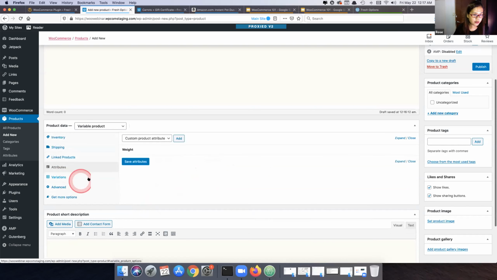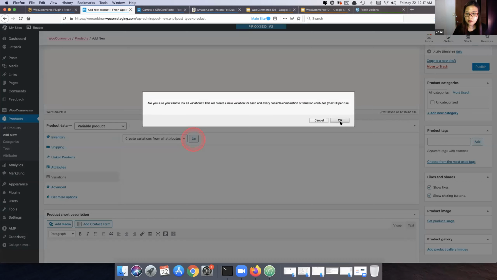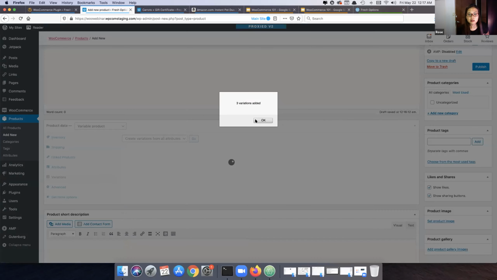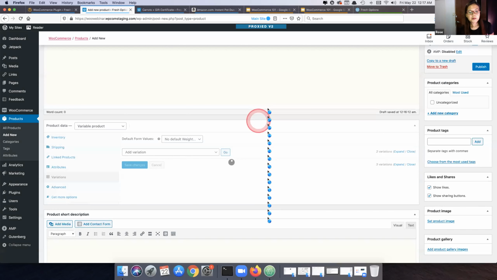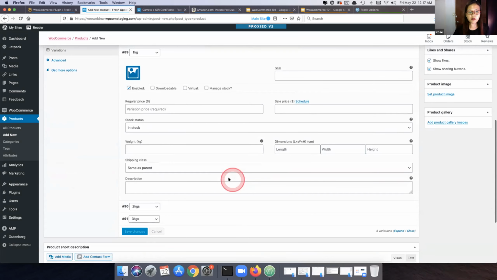Now let's go to variations. We're ready to create variations from those attributes that we just created. Select create variations from all attributes and then click go. All right. So with the variable product, you will be setting up the images. You can set up the images and prices in each variation. So